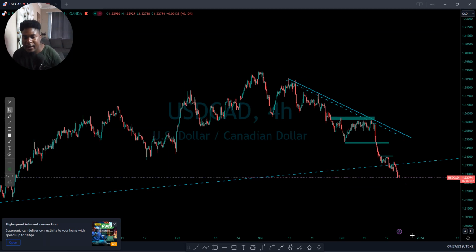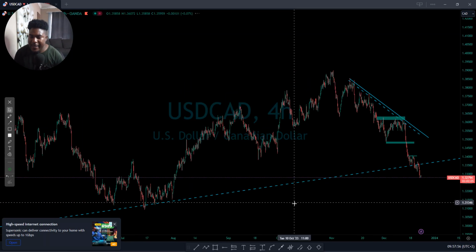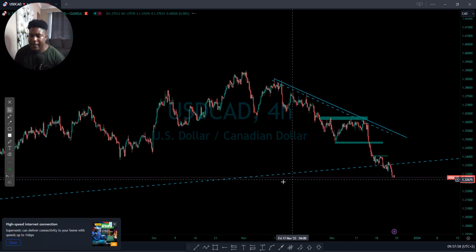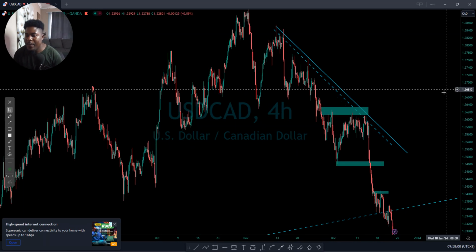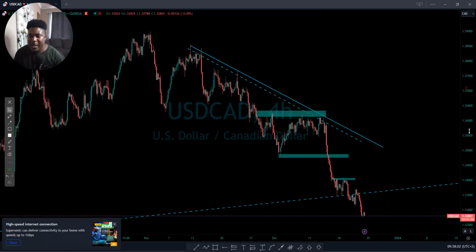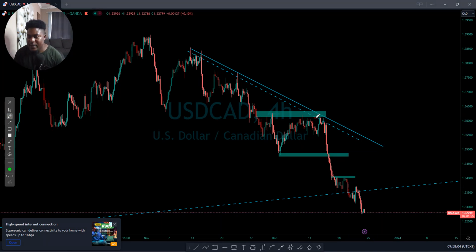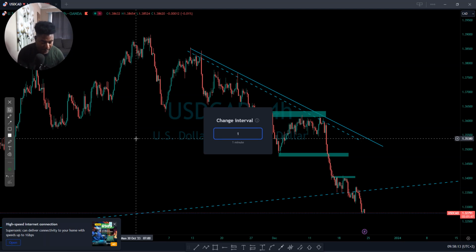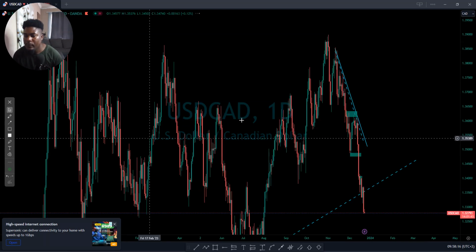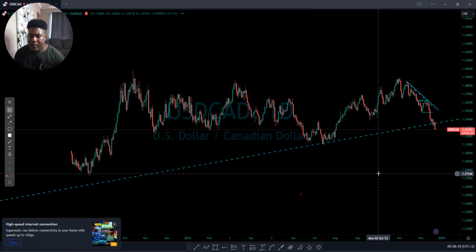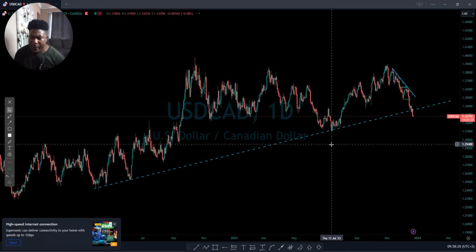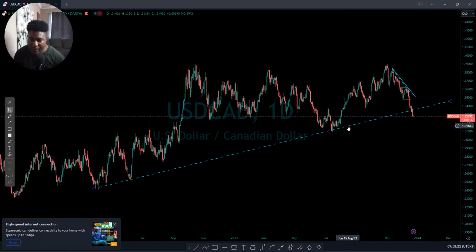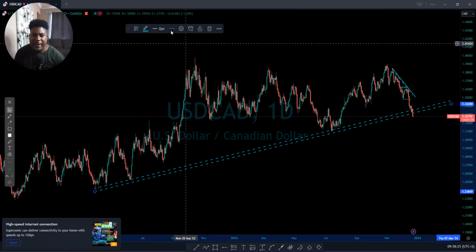The time is flying. So what's really happening on USD/CAD? You can see that we've been smashing this thing for quite some time. Unfortunately, we never have had any proper reversal. So since we smashed it here, up to this point, we missed this point. If I go on a bigger time frame, like a daily time frame, you will see that it seems like we have a proper support there, and the market already broke out of that. So now we should be ready to sell.